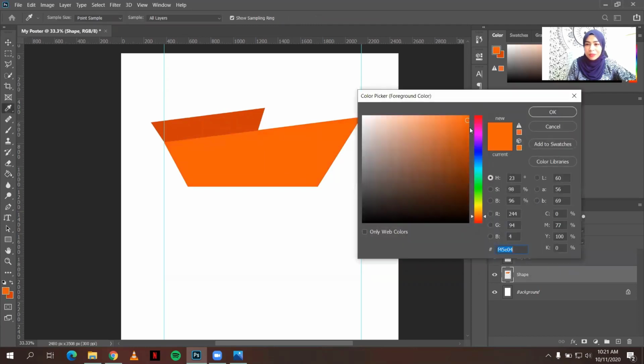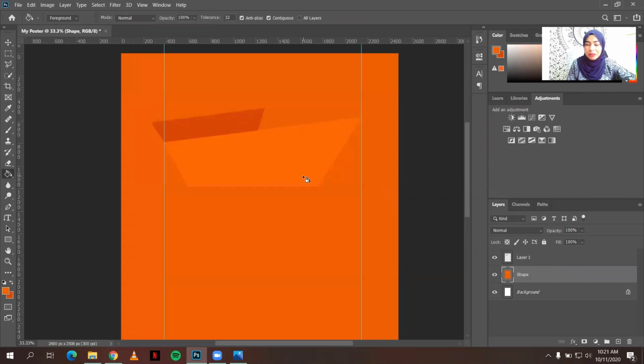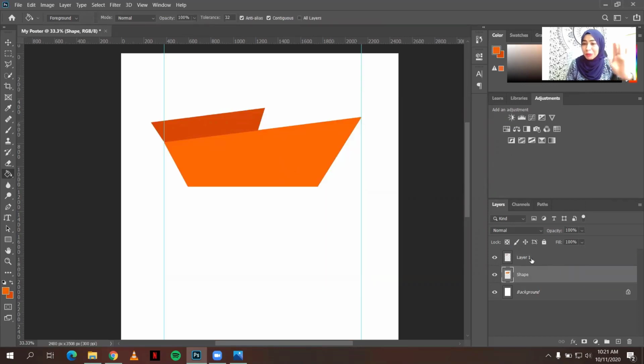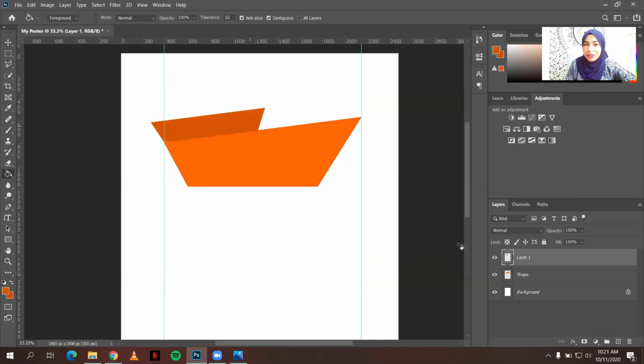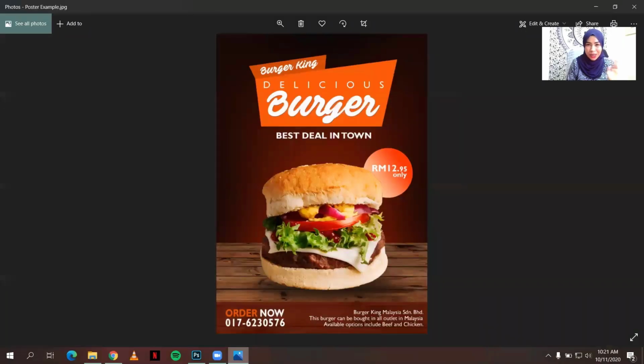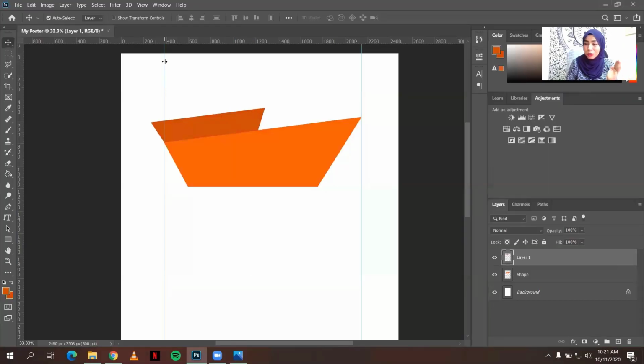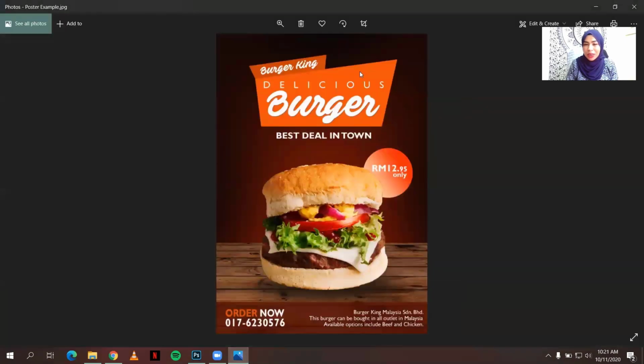Okay, mungkin I want something a bit darker like this, and I can just, oops, sorry sebab itu I pergi tekan salah layer. So pergi kat layer yang betul, do that. Alright, so I don't like that color. Okay, alright, now I think I finished with that. I dah rasanya dah okay dah. Okay, so guide ni I tak nak guna, I masukkan dia je balik. So basically this is the shape that we're working with. Okay, so next thing I want to put in is I nak letak the